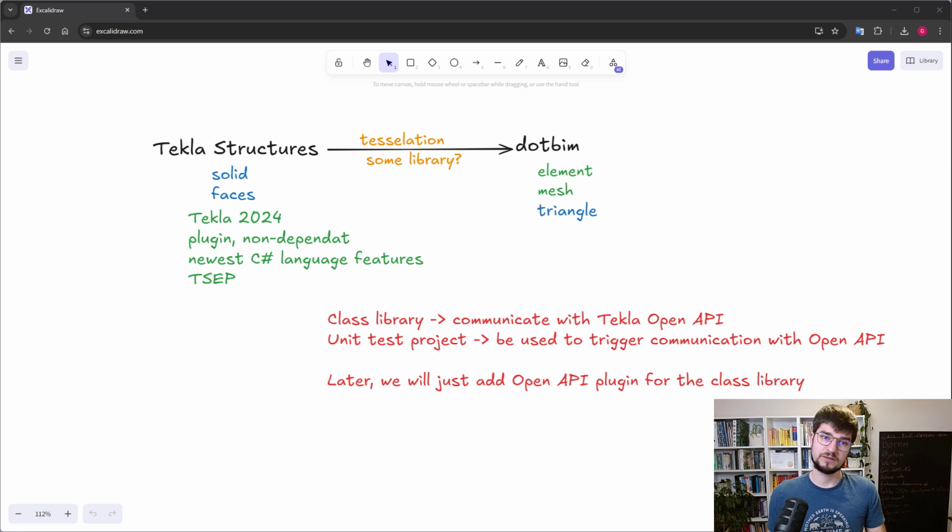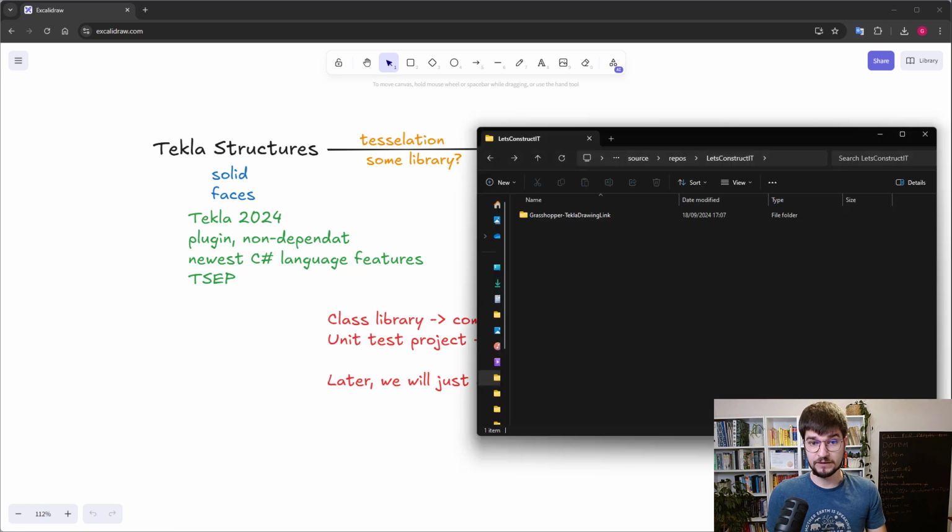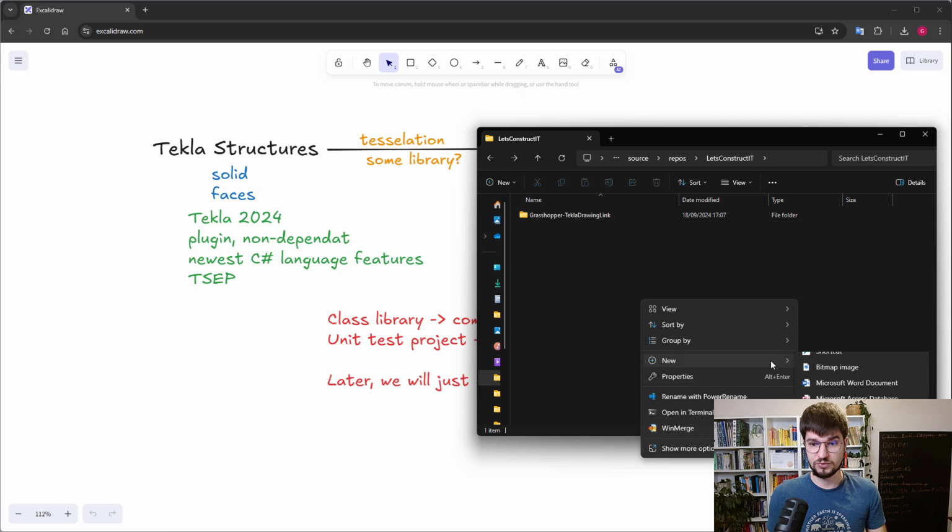I would like, at the beginning, to present how I usually structure the projects inside of the solution, how you can connect to the newest Tekla 2024, and how to handle all of the new features involved in that version. So I have prepared, or not yet, okay, so I will just prepare the new directory